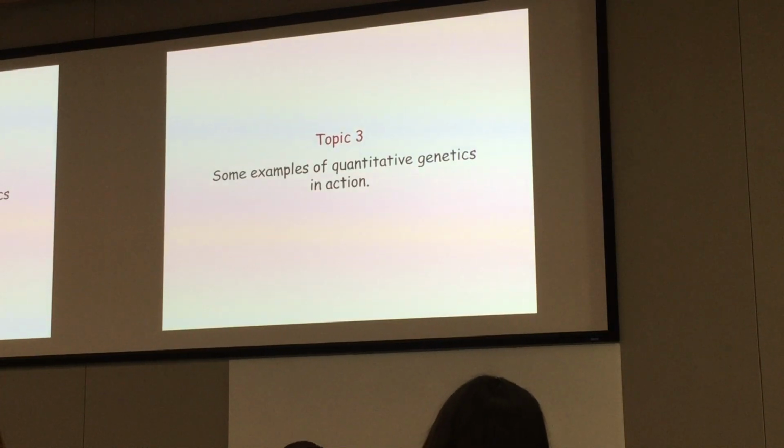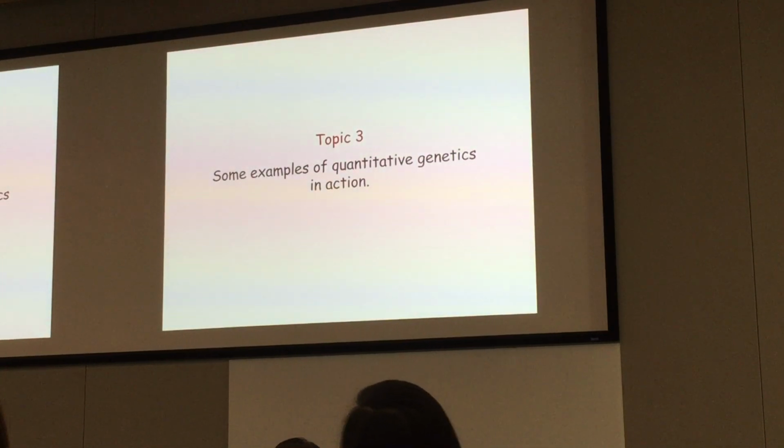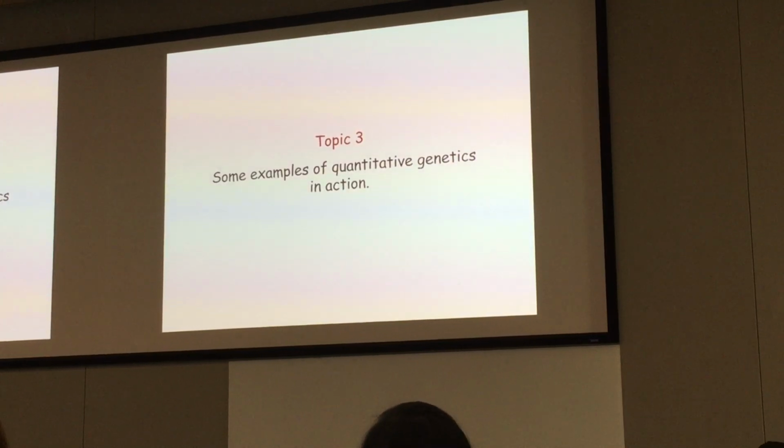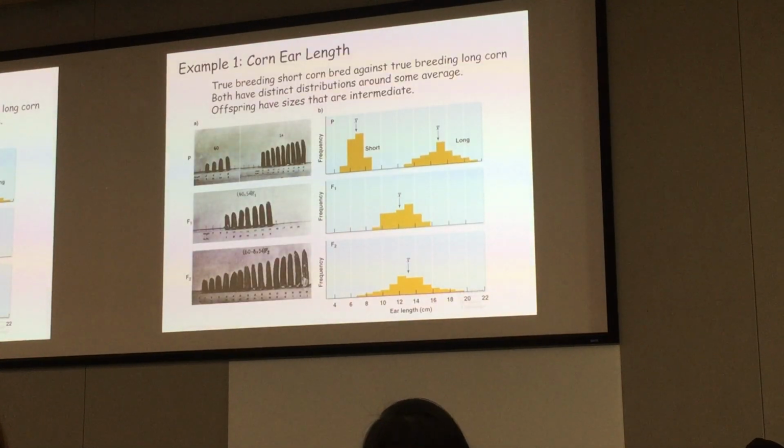Okay, let's go through some examples. The examples are more fun. Some examples of quantitative genetic phenomena. So the first one has to do with corn ear length. And this helps you think about what we're trying to do in quantitative genetics. We're trying as best we can to analyze lots of genes at once to see how they produce outputs that